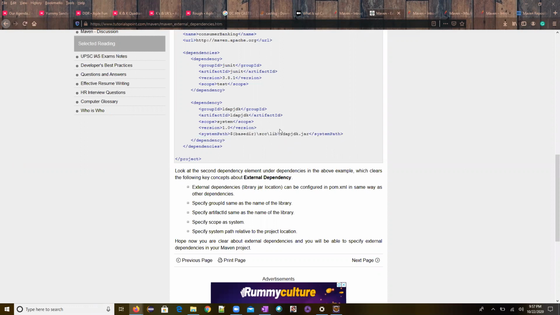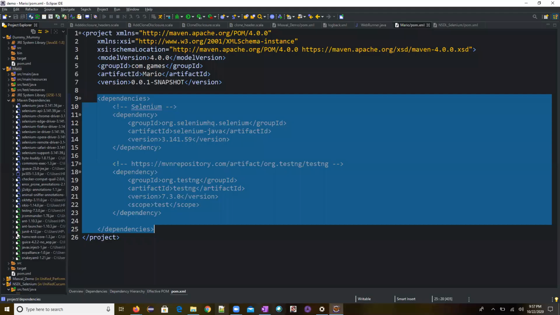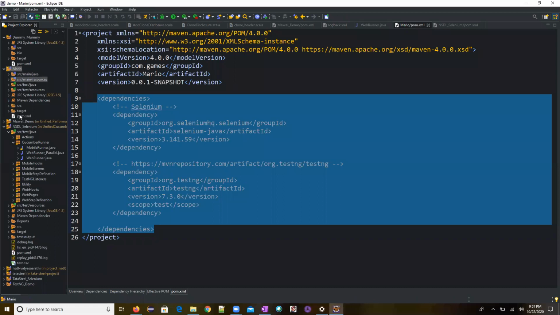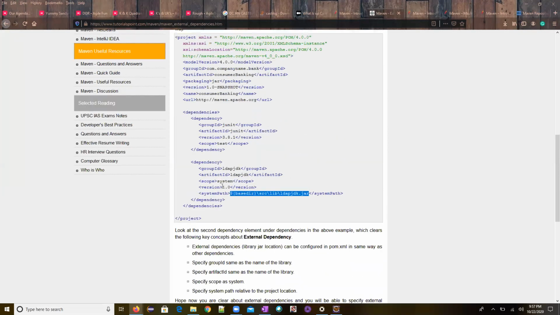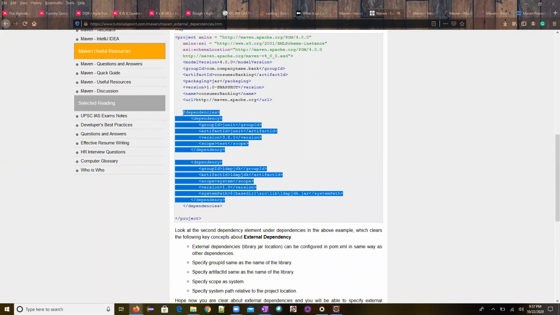We will download that particular jar file and add it to our project source. In this scenario, I'll add that jar file here, go to the pom.xml file, and with the help of the pom.xml file, I'll add this particular jar file. So this is how the dependencies will be defined. Any questions? This is how dependency management will work.